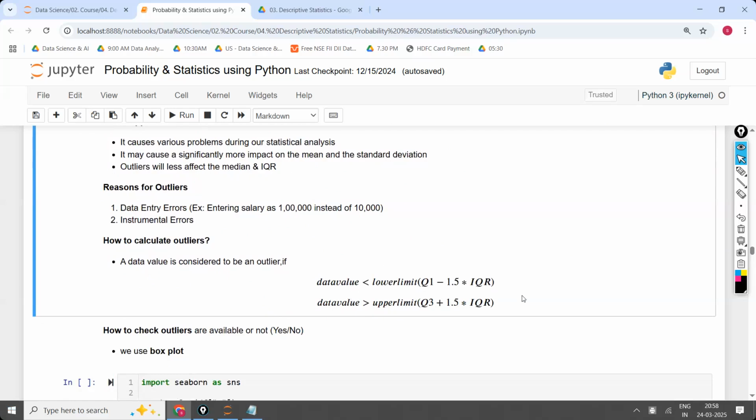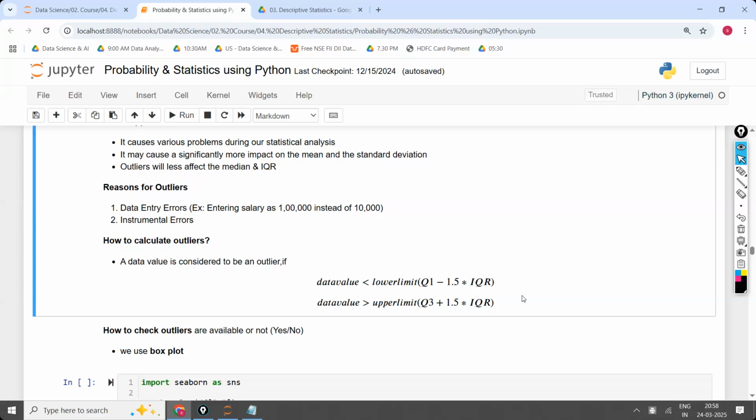Sir, if the value is exactly equal to the limit, it is not considered an outlier. Only greater. For example, if it is exactly 52.5, no outlier. More than 52.5, say 52.51, is an outlier. Up to 52.5, no outlier for the given data set. Don't fix 52.5 for every data set.